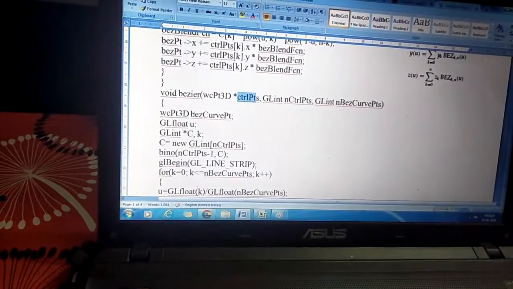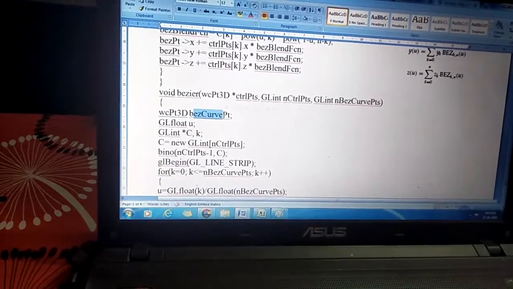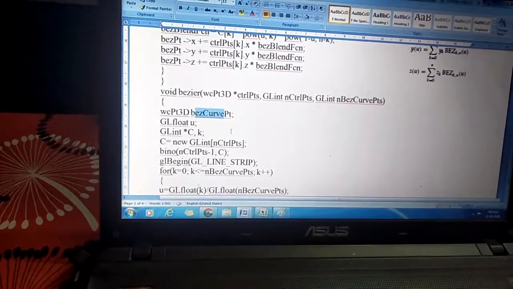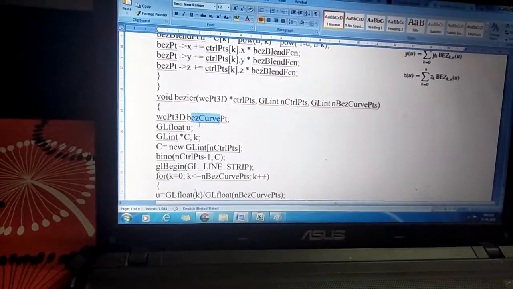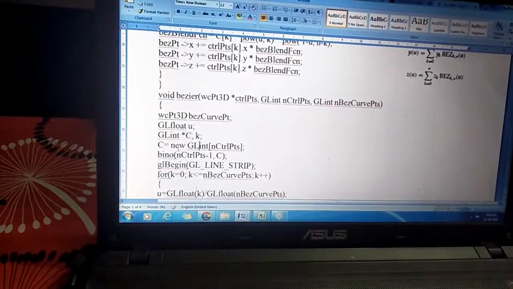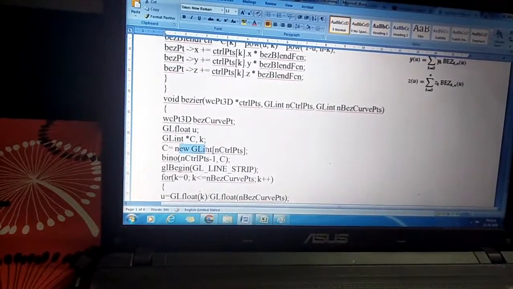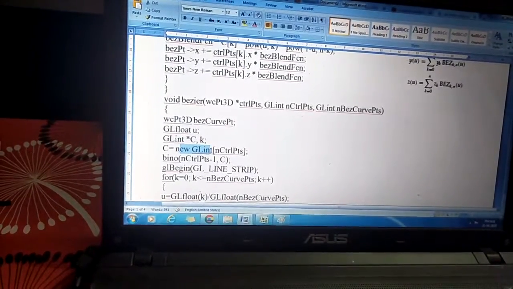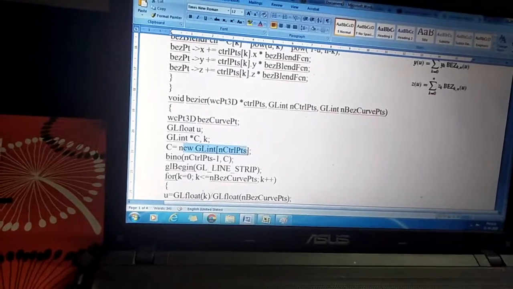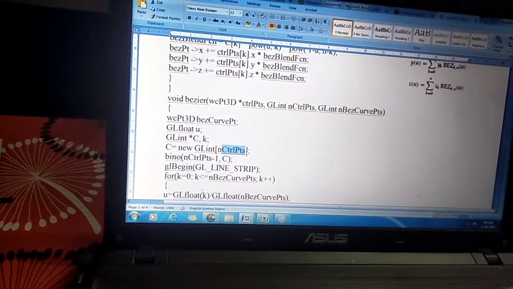Now I'll take one empty dummy Bezier curve point variable. In order to do the calculation, this will be taken, and I'm taking variables u, c and k. Now c is nothing but an array of type GLint, and the size is 4, since the n control points value is 4.